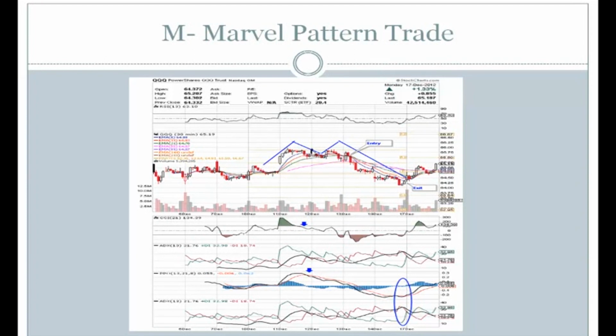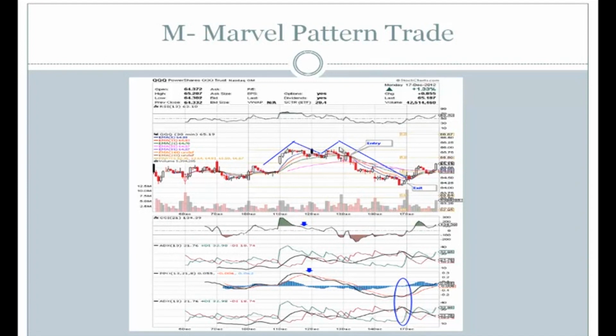Then it drops down. You had a test of that same level of resistance. It wasn't enough to hold, so it dropped down further, went back up to that same price level. You can see by the pivot points from the previous period that it went right up to that same level, had a couple candles, and then we started heading down, so that your eye will pick up that